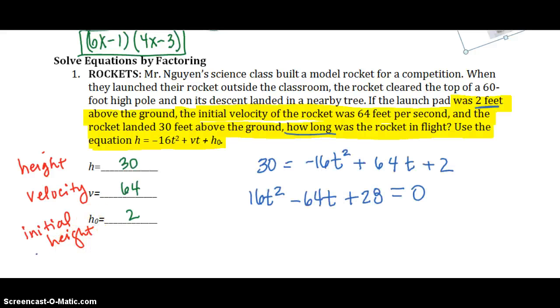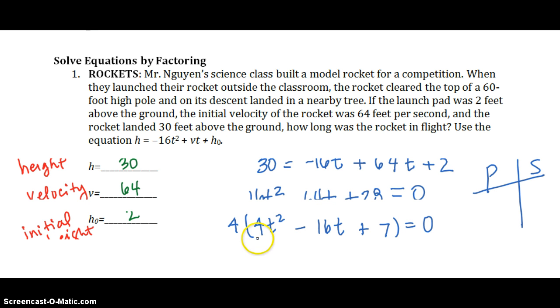So based on the information in this problem, our height at the end of the launch was 30 feet above the ground, our velocity was 64, and our initial height, it says it started at 2 feet above the ground. So I plug everything into the equation they gave me. I rearrange the problem so that I can have it in standard form. I take out the greatest common factor of 4,